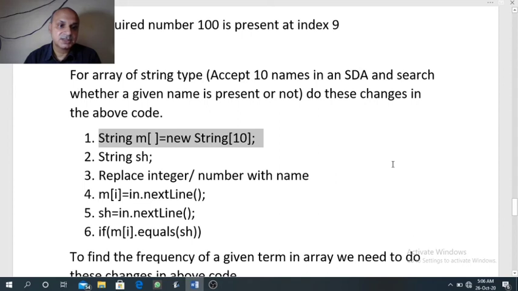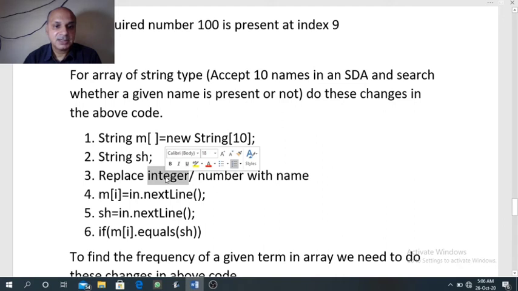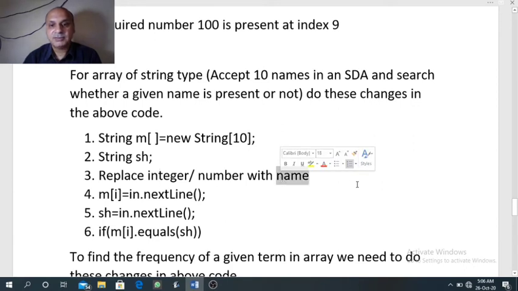So the data type we will change from int to string. Now the search item is a string here, so again int sh will change to string sh. In the previous program we had displayed a message enter integer or enter number. In this program we are taking string values, so wherever we have typed integer or number, that we will replace with name.